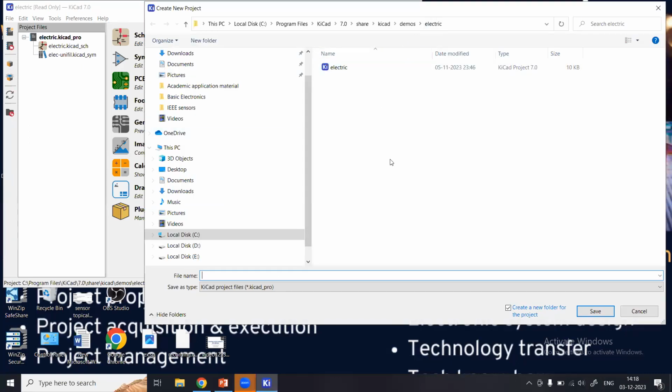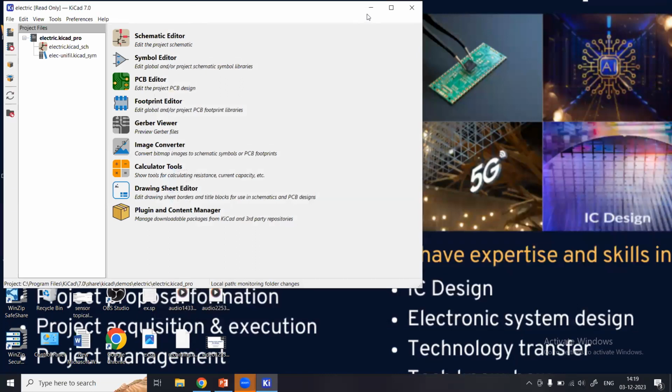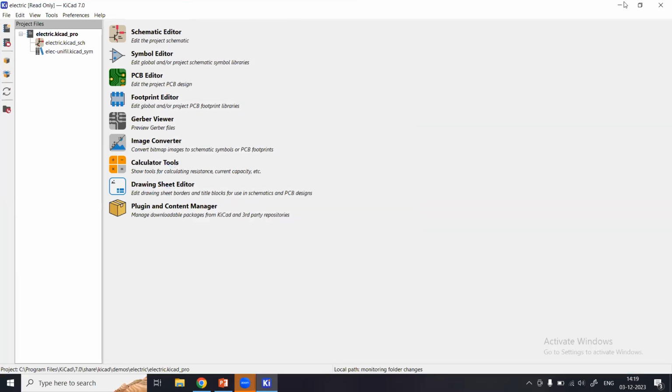So we are seeing the procedure to draw a schematic and how to use KiCad, which is an open source software. What I have done since the beginning is I have opened KiCad, as you can see from the screen, and then I see this option, a schematic editor. So I click here,